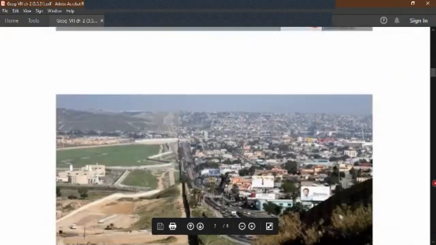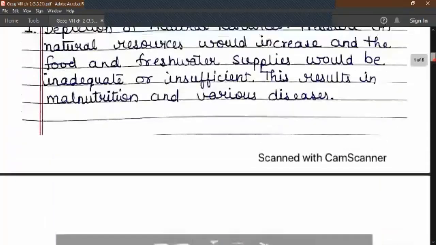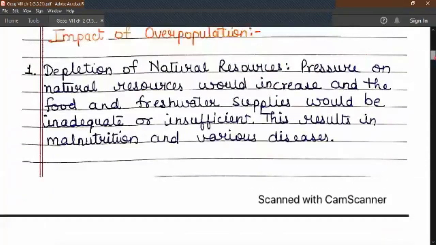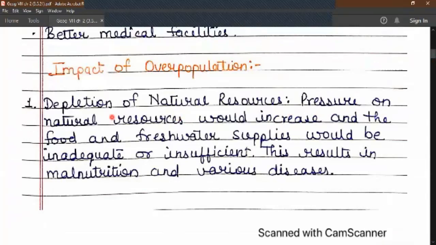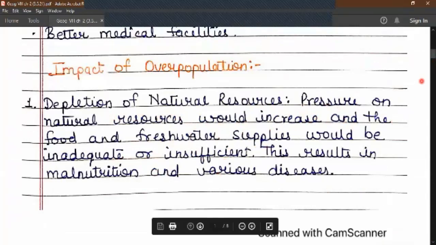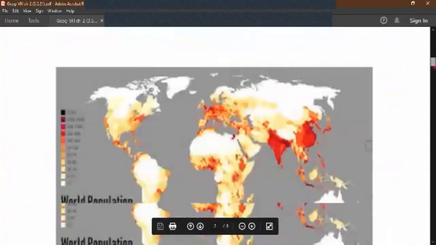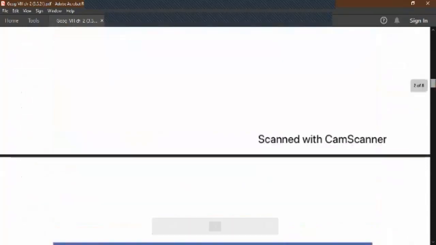Now, what are the impacts of overpopulation? Impacts of overpopulation are depletion of natural resources. Pressure on natural resources would increase and the food and fresh water supplies would be inadequate or insufficient. Malnutrition and various diseases. Next impact